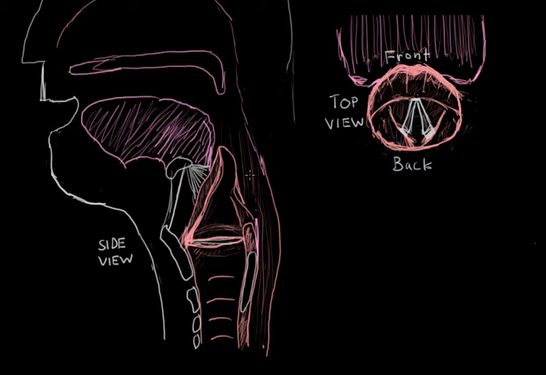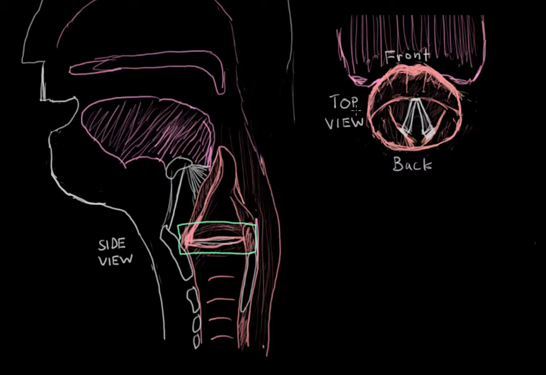So here's a side view of the human head, the throat, and the esophagus. In the throat you can see we have the trachea right here, and we have the larynx, also known as the voice box. Above it we have the epiglottis and the ariepiglottic folds. Primarily I want to talk about the different causes of hoarseness that can be caused by growths on the